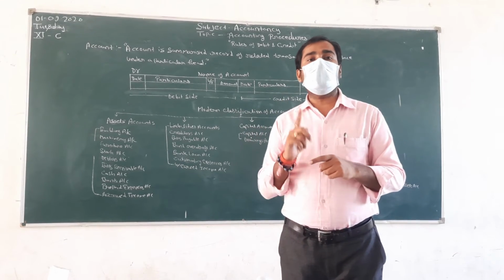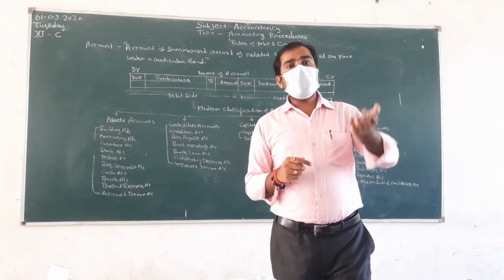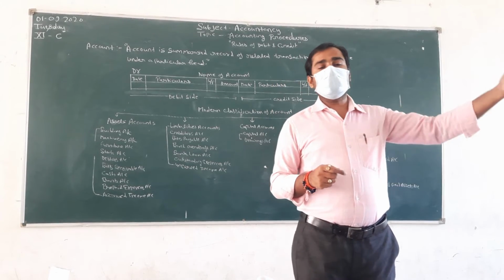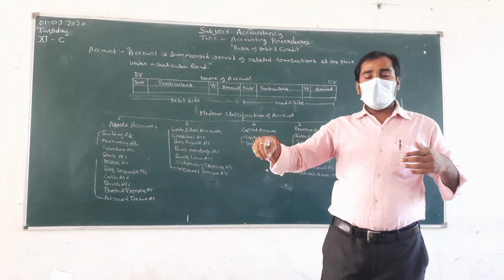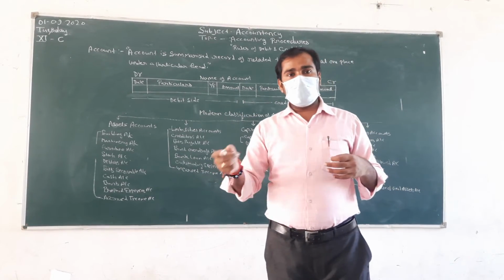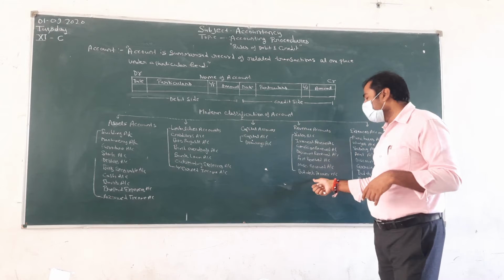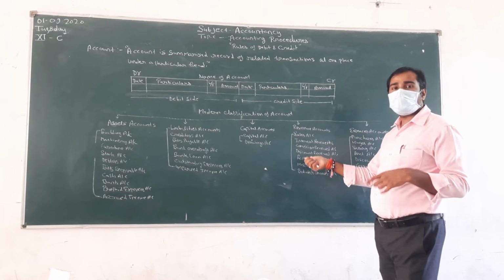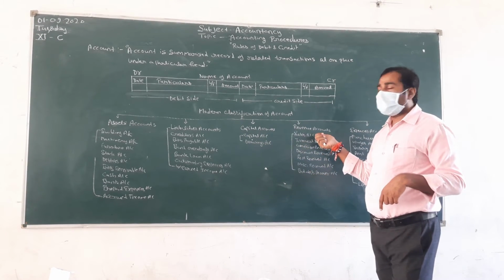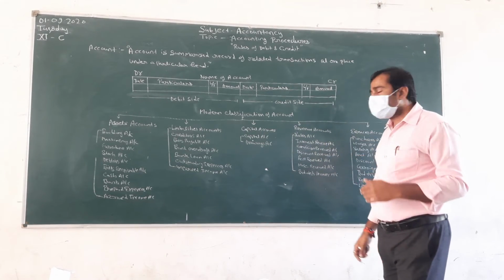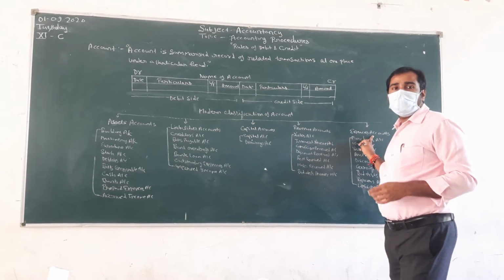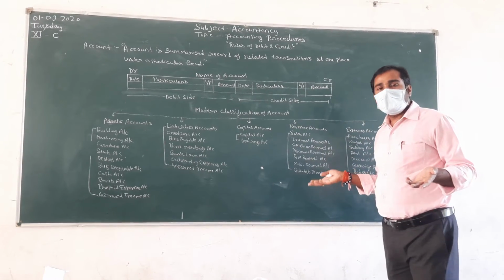This is to be considered as bad debts, and if any bad debt is recovered in the future, suppose that you come after 2 or 3 or 4 years and he says, here is your amount, please take it, that is to be considered as the bad debt recovered account, and it is to be categorized under the revenue account in the modern classification of accounts. The last one is the expenses account. Expense, it is to be clearly seen here.